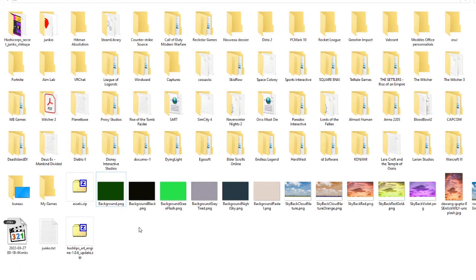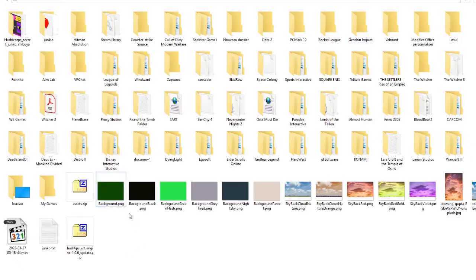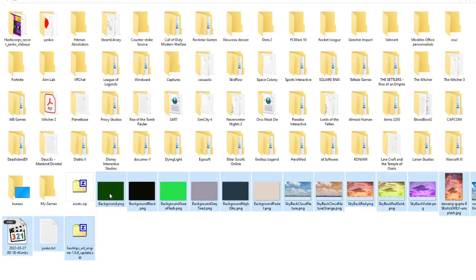So I'm doing all this in one go, so just let me organize myself very quickly. Yes. So you extract, you put them in a folder. You have to separate the different pictures and